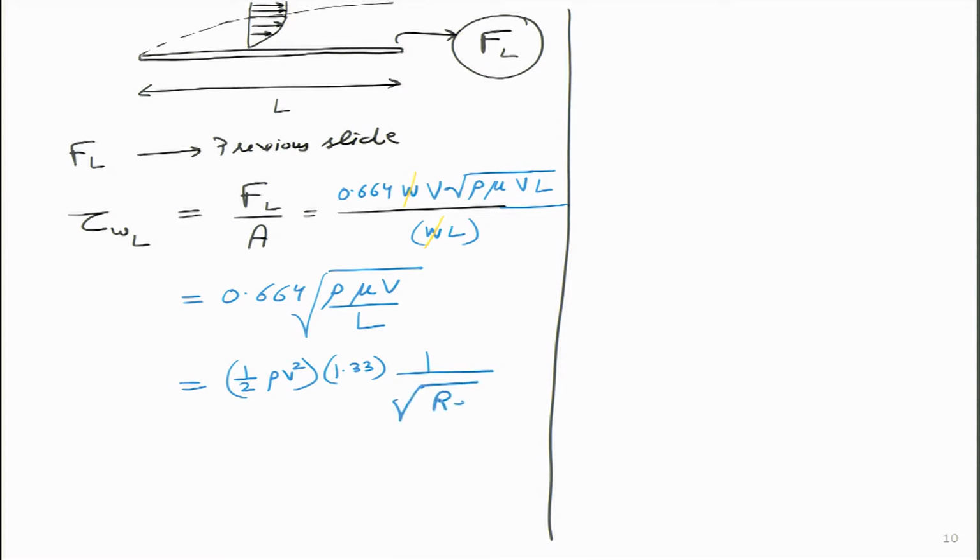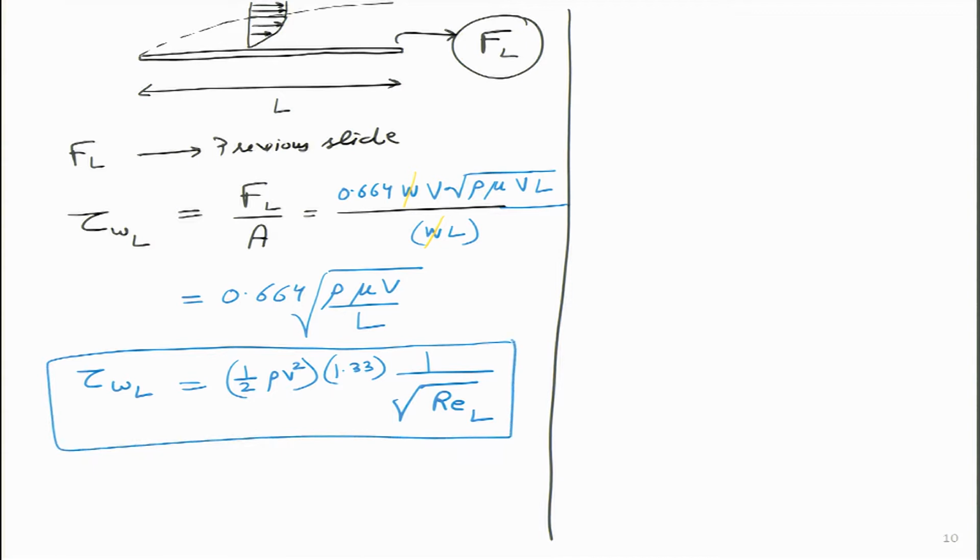and what I get is the square root of Reynolds L. So this turns out to be a very neat equation, which is simply this. And in this equation, how we have defined Reynolds number is essentially simply VL by nu. So I will put a blue star over here.